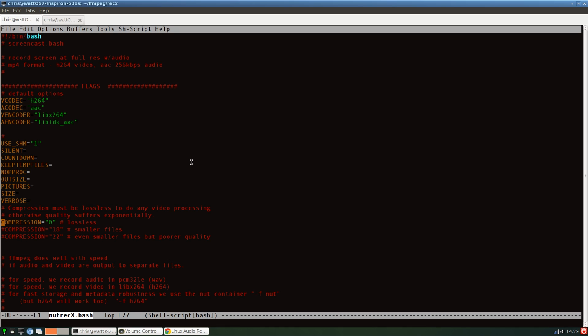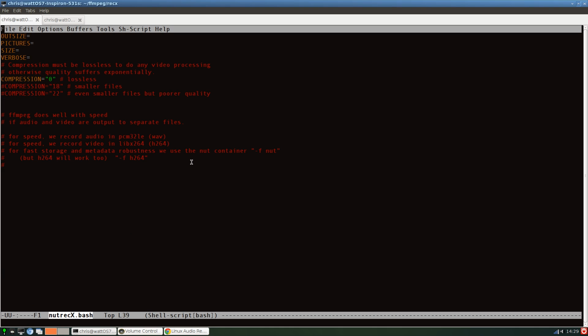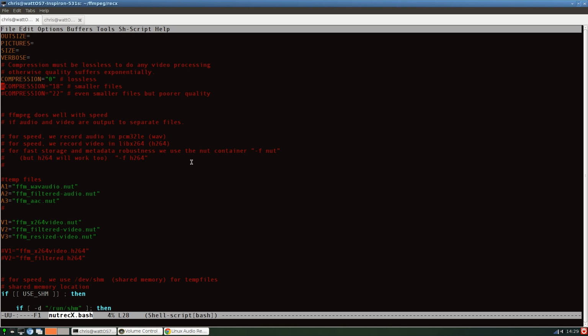It compresses itself on the final mux. Compression must be lossless to do any video processing, otherwise the quality suffers exponentially. So I'm starting at 0. FFmpeg does well with speed if audio and video are output to several files. So what I'm doing is outputting the audio uncompressed and the video losslessly